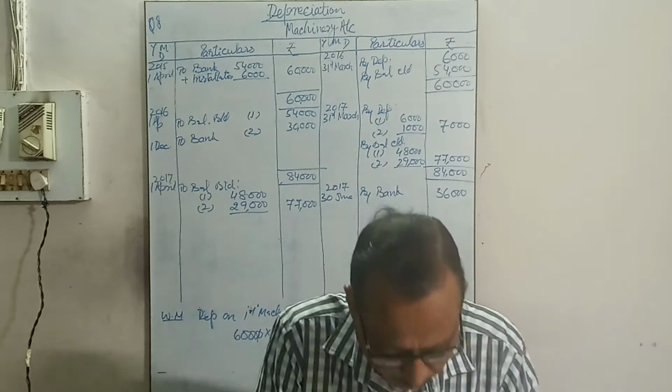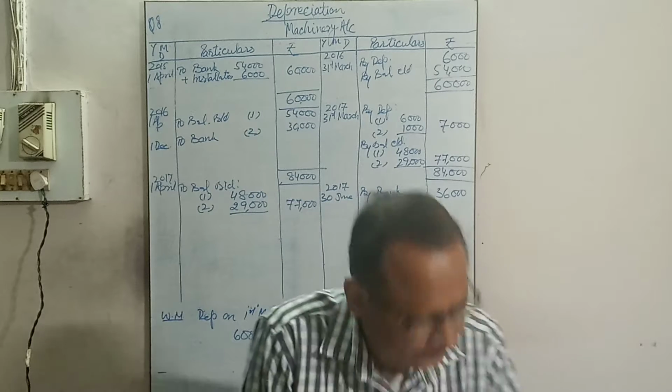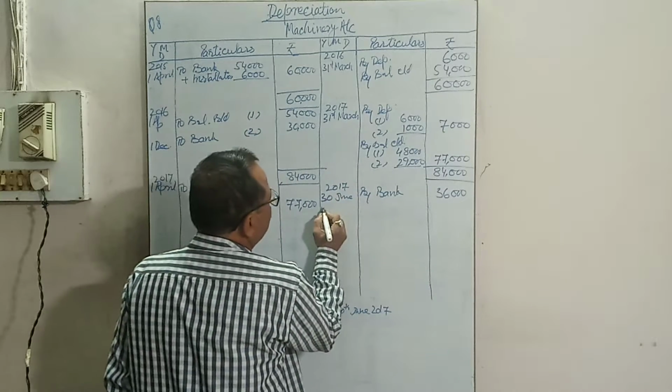It is the depreciation, 1,500. So up to 30th June,